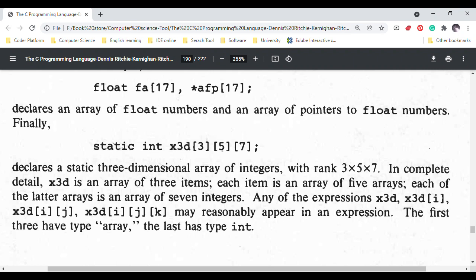this declares a static three-dimensional array of integers with rank 3 by 5 by 7. In complete detail,